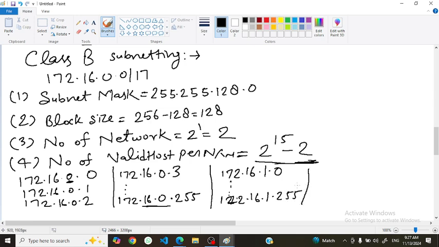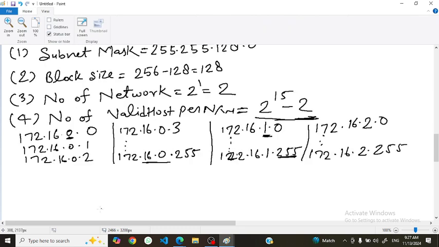After that, once you reach this 255, the maximum value of the fourth octet, then you make the changes in the third octet, 172.16.2.0, and go up to 172.16.2.255. So here the block size is